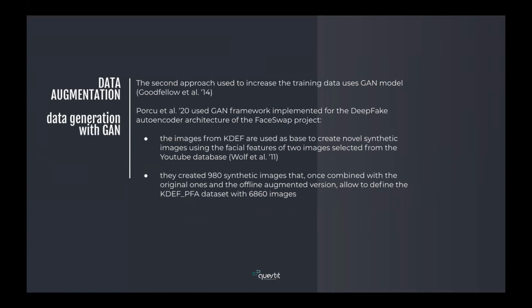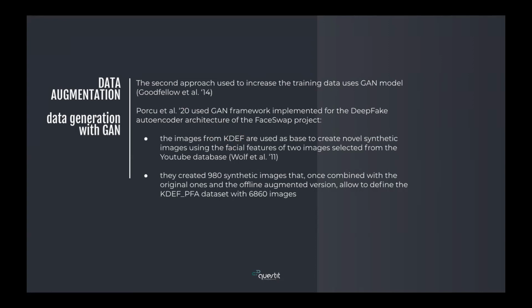This approach has been already used in the literature, for example, by another Italian group, Porcu. This group used a GAN framework implemented for the deepfake autoencoder architecture of the PhaseWhat project. What did they do? They take the KDF images as a starting point. They take 2 new images from the YouTube dataset, and